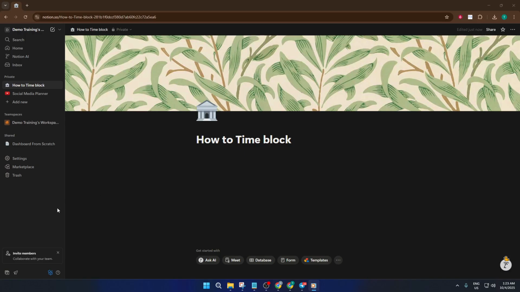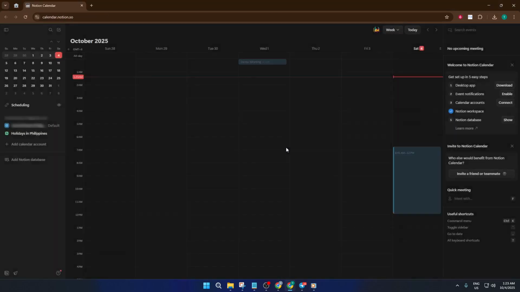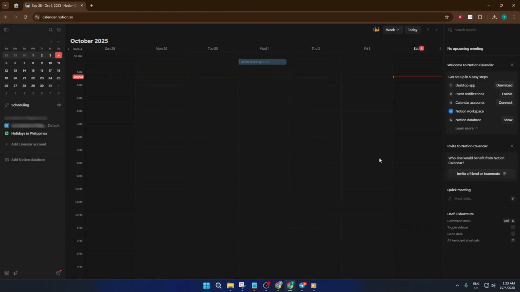On the bottom left corner of your Notion workspace, you'll find the calendar page. This is your personal command center where all your scheduling magic happens. If you're new to Notion's calendar, don't worry, it's really user-friendly and you'll get the hang of it fast. Here's a little shortcut to make things smoother. Press the letter C on your keyboard. Notion recognizes this as a quick command to create a new event, almost like a secret handshake with the app